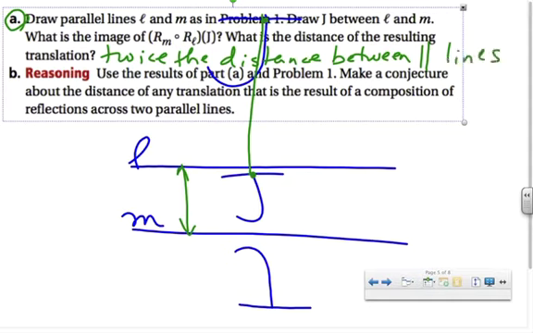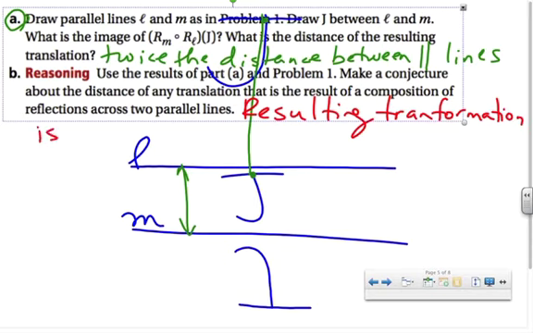And then in this reasoning question, it's just asking us to use what we saw in problem 1 and in part A to make a conjecture, which is just an educated guess, about what happens anytime I reflect something over 2 parallel lines. Well, it happened twice, so it's probably a good educated guess that anytime I reflect something over a pair of 2 parallel lines, the resulting transformation is a translation,